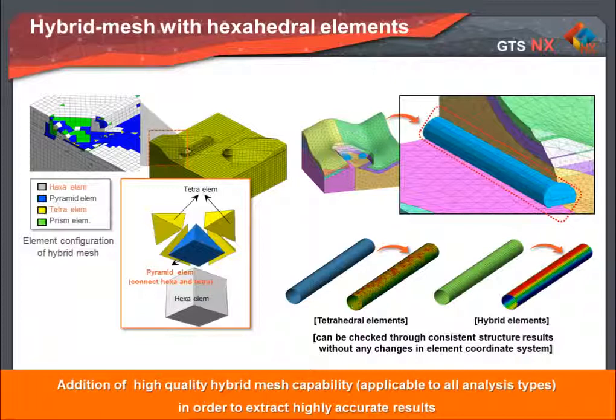One new powerful feature of GTS NX is that it incorporates a hybrid mesh generation function that creates mesh sets using an optimal combination of hexahedron and tetrahedron elements. Hexahedral elements, which as we all know produce very reliable results, are generated even in complex models. This kind of hybrid mesh is formed by generating hexahedral elements outwards, tetrahedral elements inwards, and pyramid ones as transition